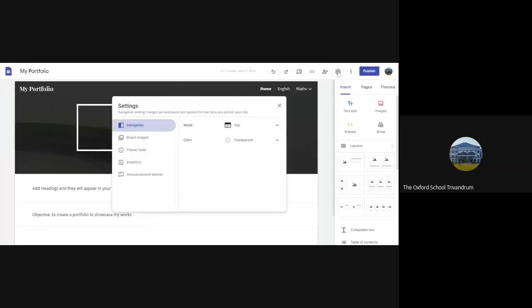Then finalization. If you have any settings to be done, you can do them here, like navigation settings. You want to check whether navigation should be on top or on the side. I think navigation is this one: home, English, Maths. Where you want it, on top or side, it will come here.